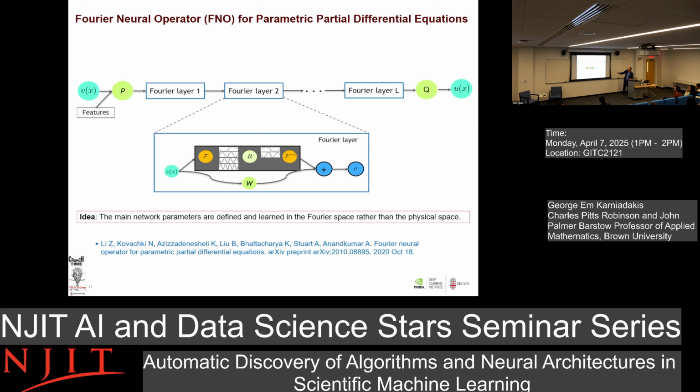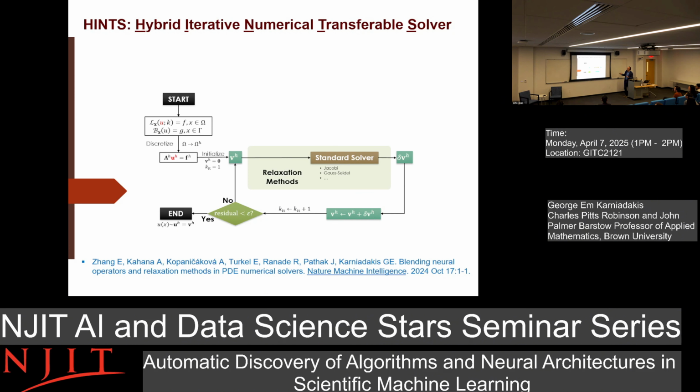You take an input, you put it in the high dimension, then you put many of these Fourier layers, many means 4, 5, and so on. So notice what happens. I take the W matrix here, I add it here. This is a Fourier transform where I do the kernel, and then you apply a nonlinear activation function, and you repeat many times. Then you project it down, and then you have the physical outputs. So it's a typical method of doing this type of operator.